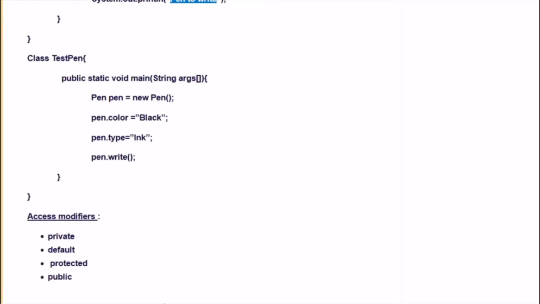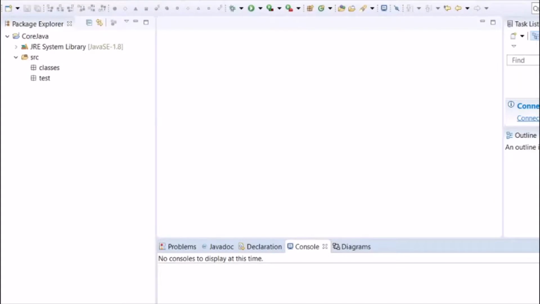Now let's look at executing this pen class. For that, I will just copy this class pen and test pen class, and we'll try to execute it in Eclipse.